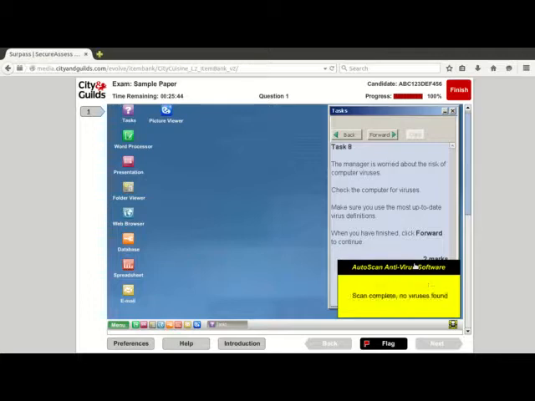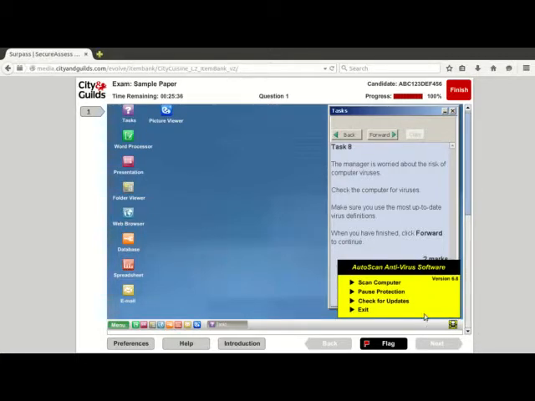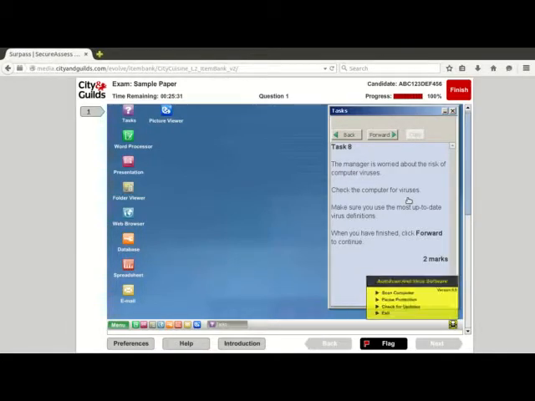Okay, taking a bit long. Right, so that's finished. Scan complete. No viruses were found. So again, please remember to check for updates first and then scan your computer. So that's task 8. Now I'm going to task 9,